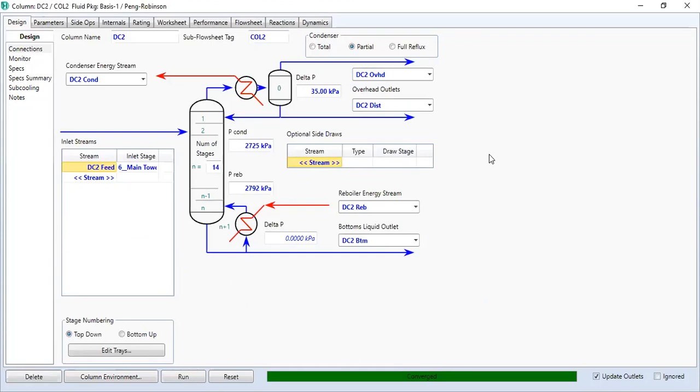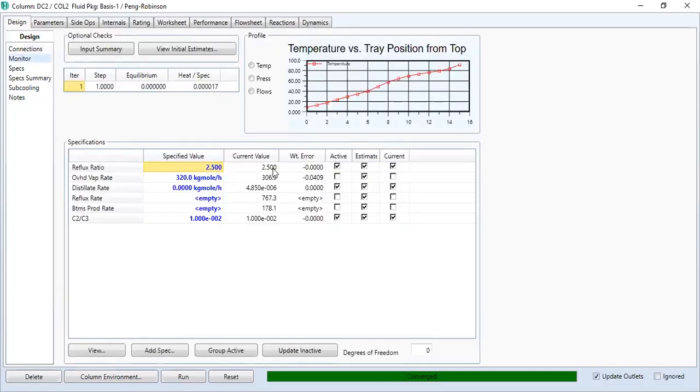For example, we have 3 streams here out of the distillation, so we should give 3 pieces of information to the tower. If we unmark this data, you will see degrees of freedom is 3. So we need 3 pieces of information to solve the distillation. So if we mark it,